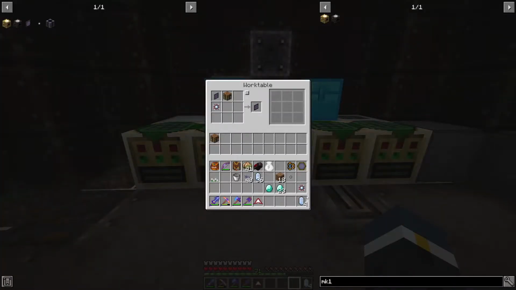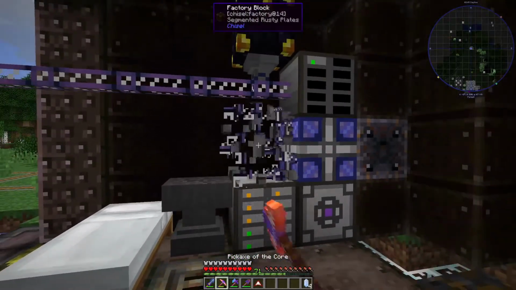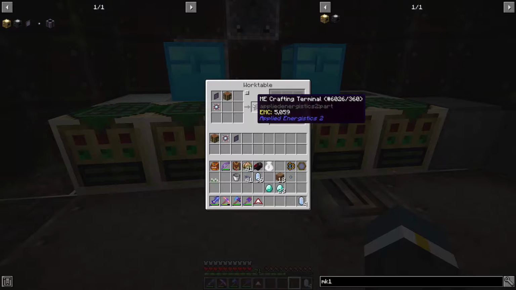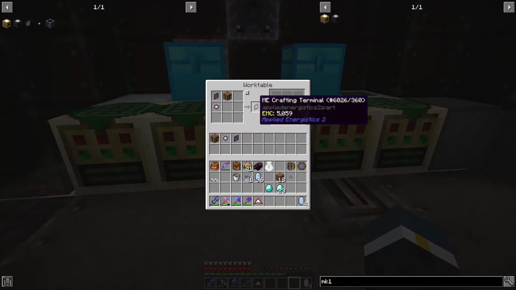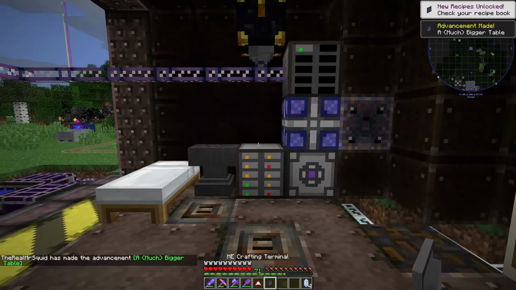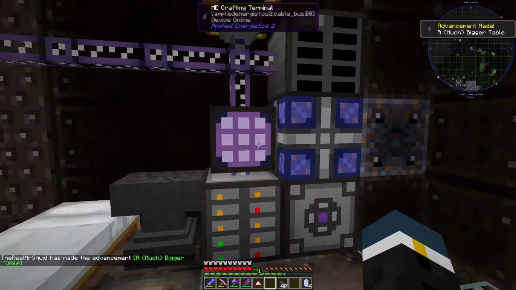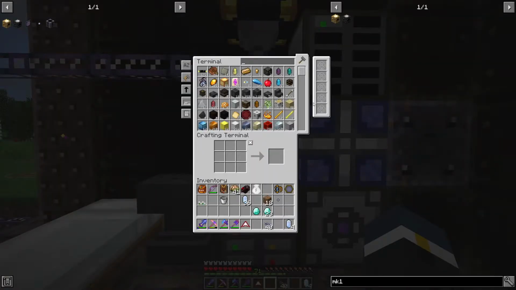So, let's upgrade this bad mamma jamma. So to make a crafting terminal, it is a normal terminal, a calculation processor, and a crafting table. Put them all together, and you get a nice crafting terminal. It looks better. It looks more symmetrical, more like a crafting table. And here we are. Now we can craft in here. Woohoo! This might not seem like a lot to you guys, but trust me,